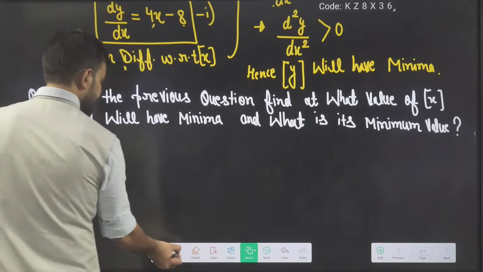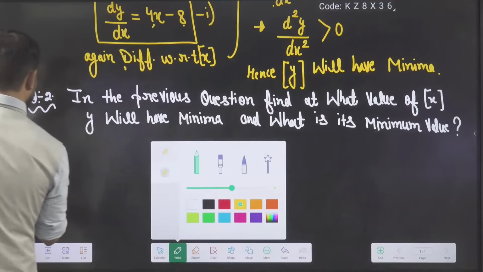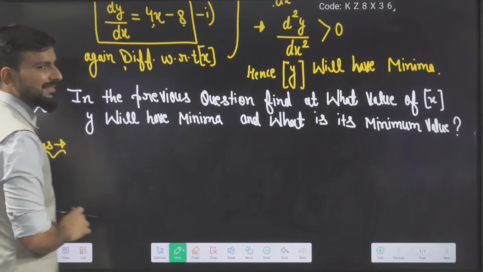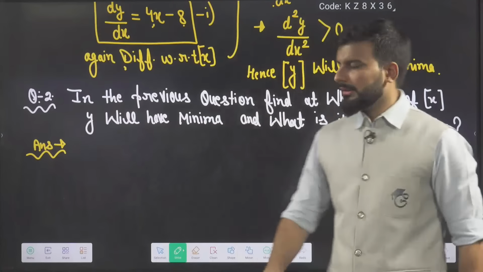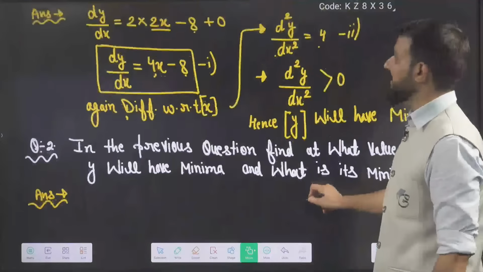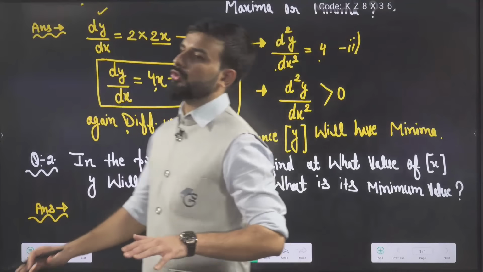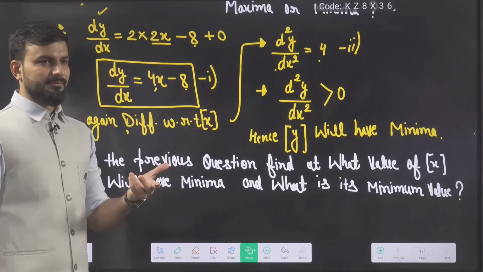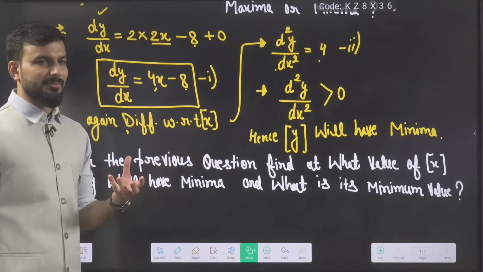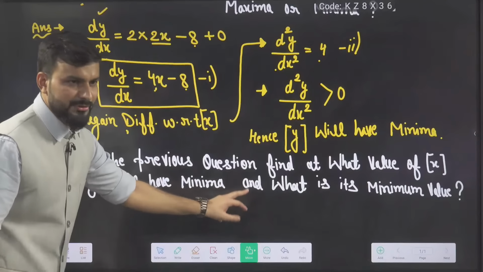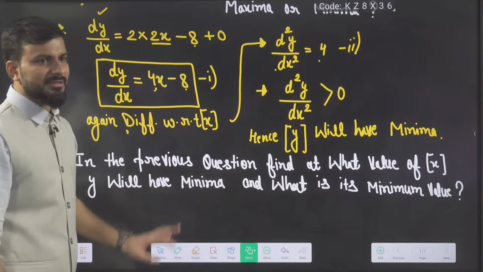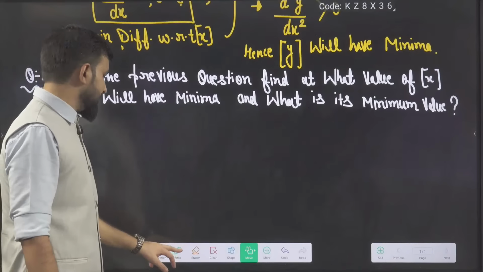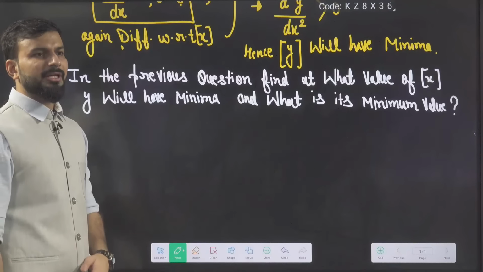So how to do it? First step: in the previous question I skipped one step. What was that step? Actually nobody will ask you a question like this, maxima minima. Then sir, why have you asked like this? To make you understand how to figure out the maxima minima. The real question is this. So now how will you find its minima or minimum value?